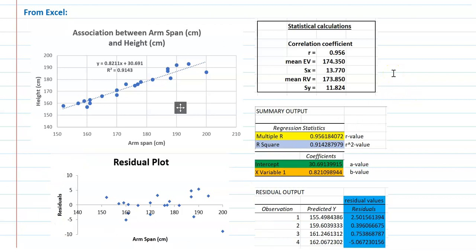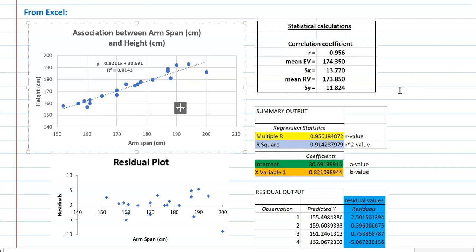So hopefully you've consolidated some of those techniques that we've covered before on using your calculator and Excel to help calculate useful statistical values. And in our next lesson, we're going to look at performing regression analysis of our bivariate data in order to interpret the model we've developed, and then we're going to use it to make predictions.